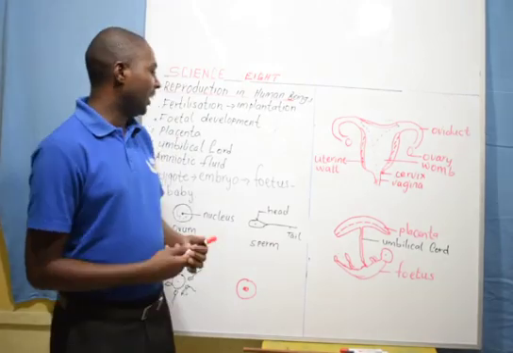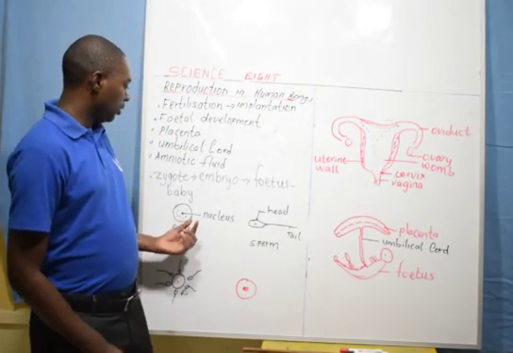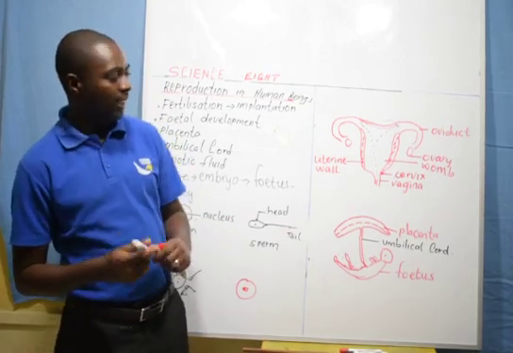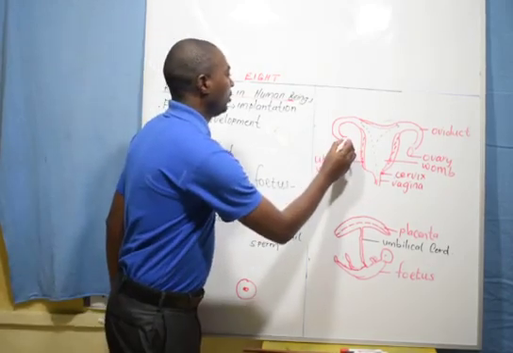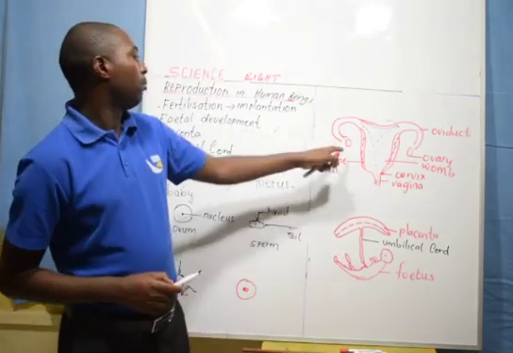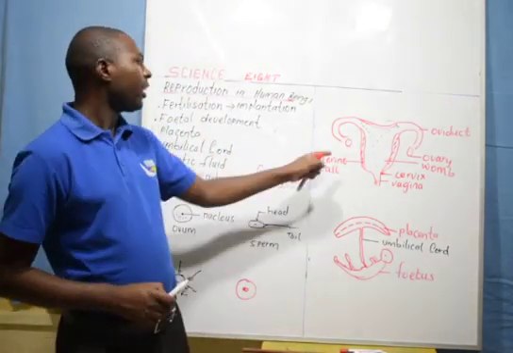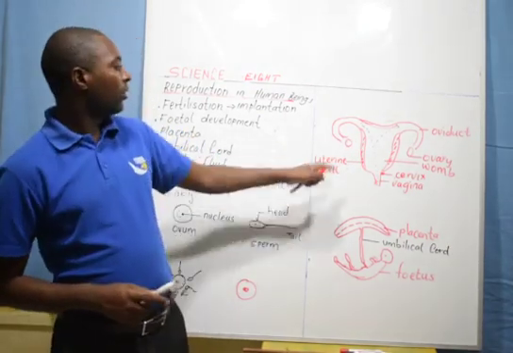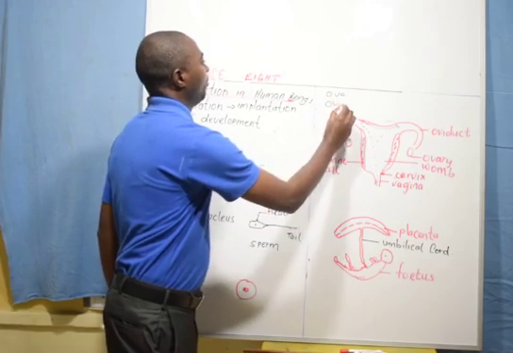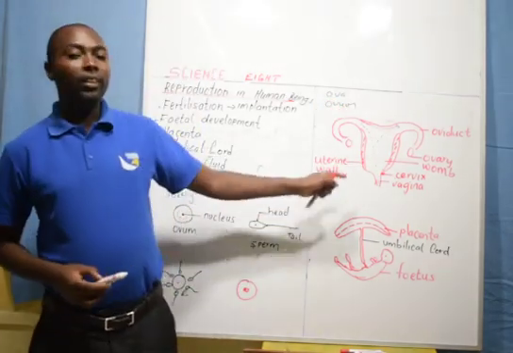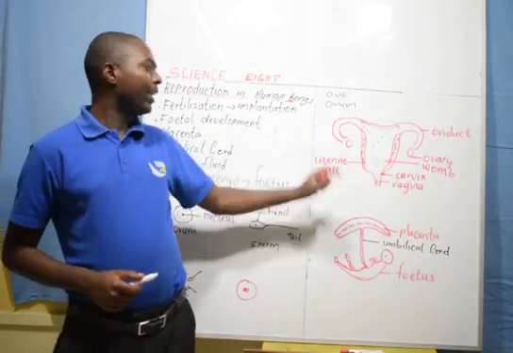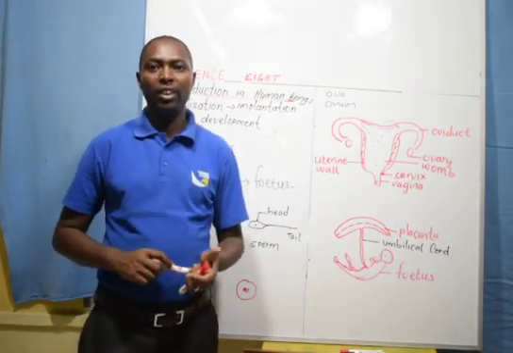Once they swim towards this side, they come into contact with what you call an ovum. An ovum is an egg, a female egg, that is produced in the ovary after every 28 days. The ovary produces a mature ovum. It has millions of ova. In plural, they are known as ova. Singular is ovum. So there are millions of ova in the ovary, but one is produced after every 28 days through a process